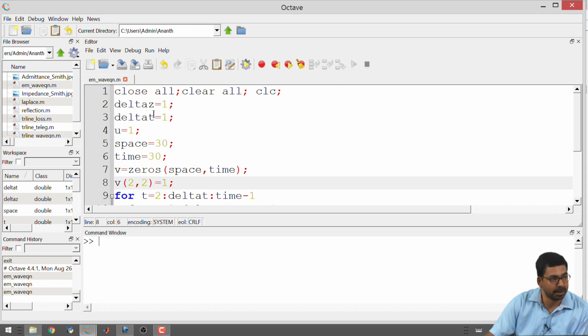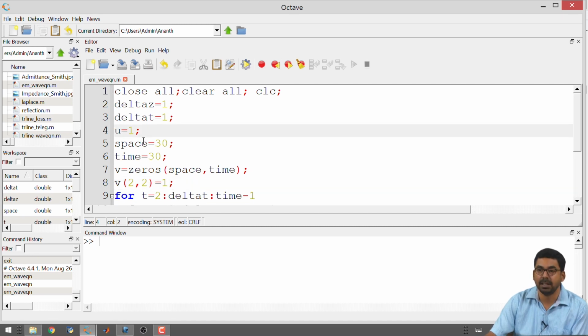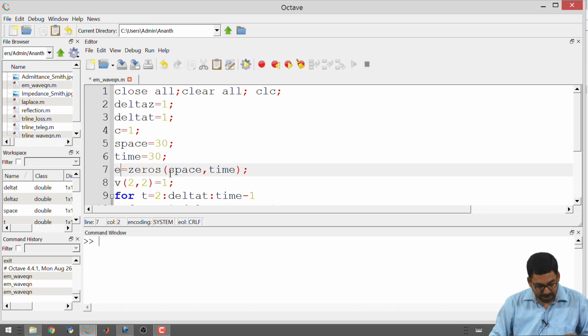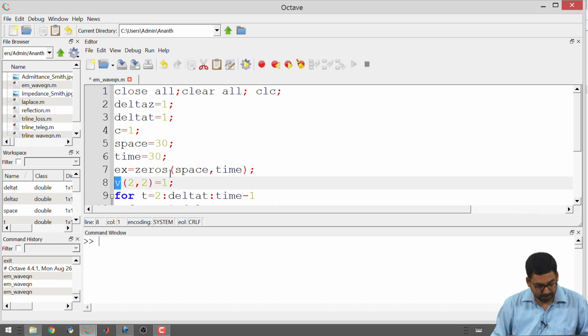Delta z can remain as delta z because the propagation direction that we assumed in yesterday's class is z. Delta t can remain as delta t. Space can remain as space, time can remain as time. U was changed to c, so I will make that change, c is equal to 1. V was changed to Ex.